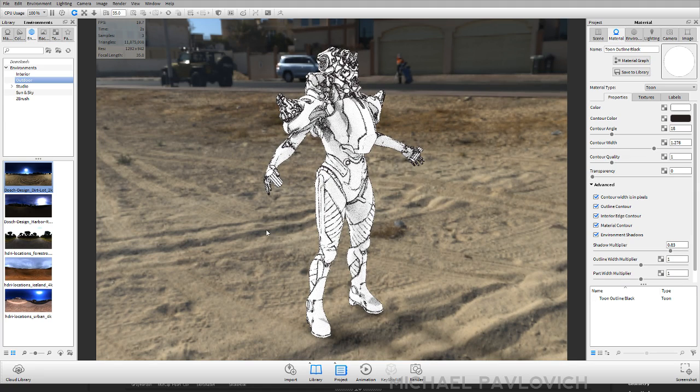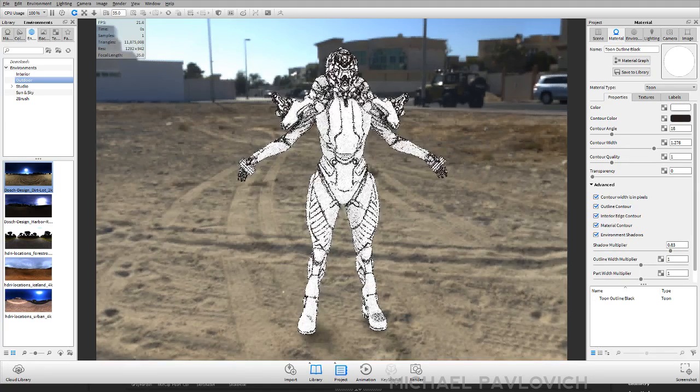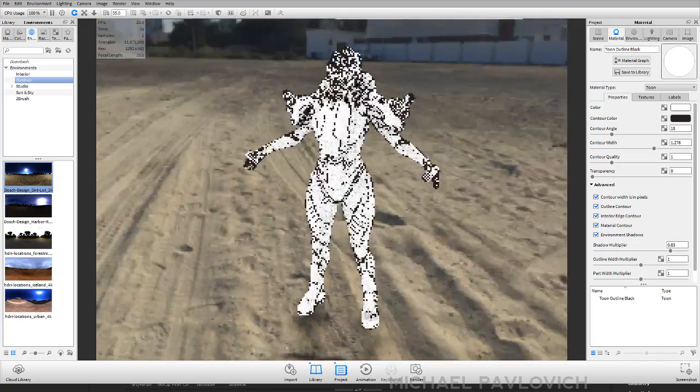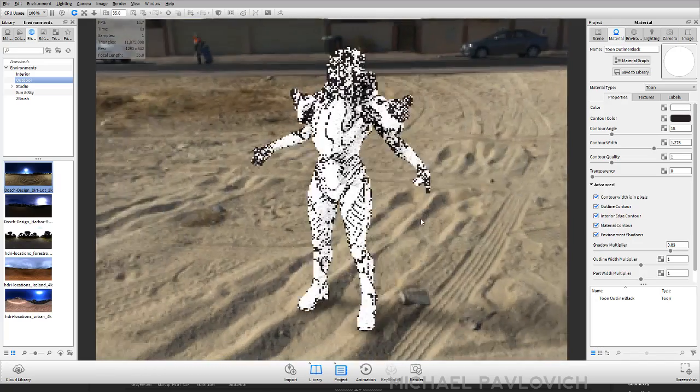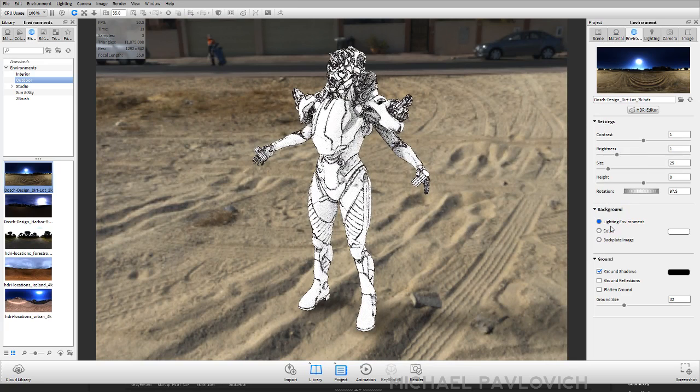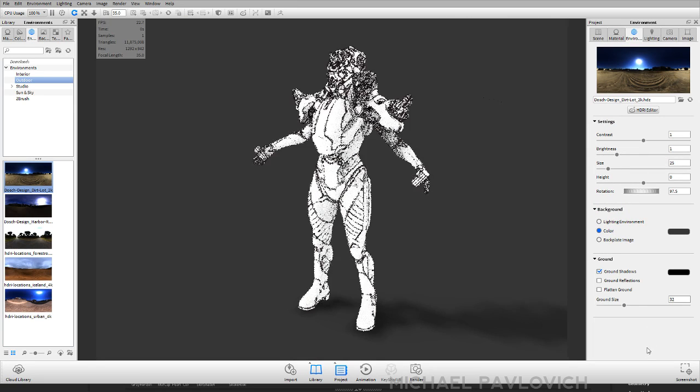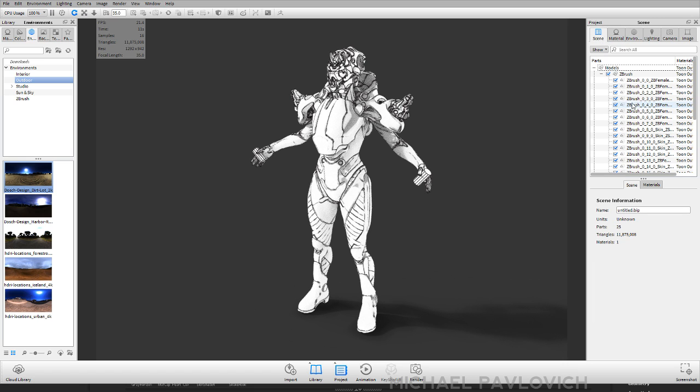And then that lighting environment will render her out, and then you can hold down Control and spin that around. If you don't want to see that background, just go in environment here, turn on color, drop that down. And now you have kind of a toon shaded thing that you can either take a screenshot of down here or just render out. If you want to just do regular old ZBrush or KeyShot stuff, just to do a little previs, let's go ahead and